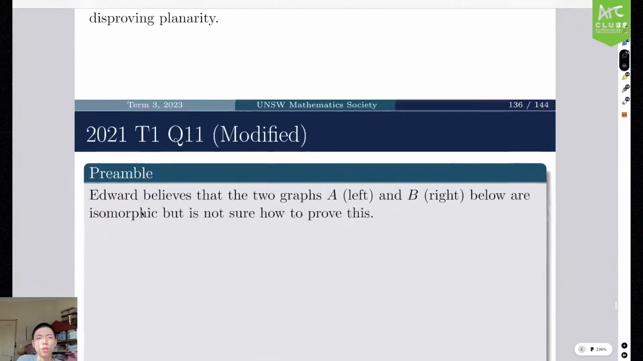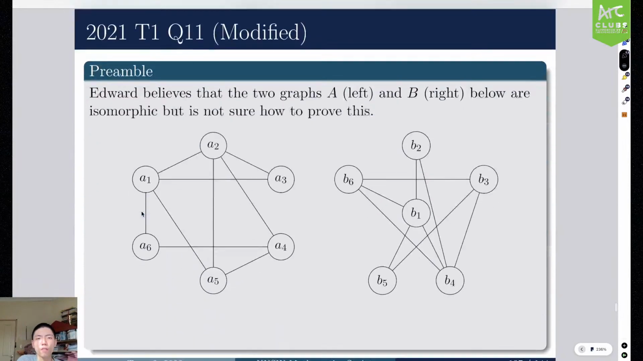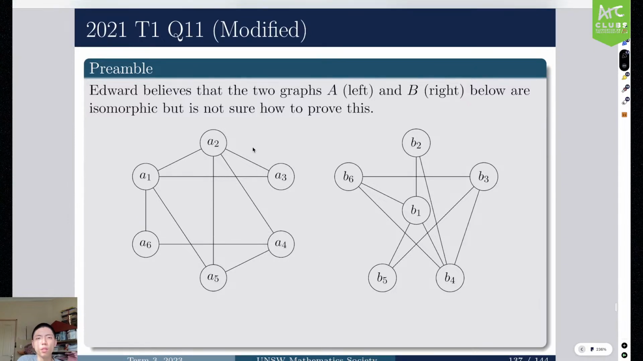Okay, so here is a question. We have two graphs below, right? But Edward does not know how to prove that these two graphs are isomorphic. So just remember that isomorphism is essentially the same thing as if you are able to slide around the vertices, right? So let's say if I were to slide this down and the edges were to follow it, then I could get something that looked like,